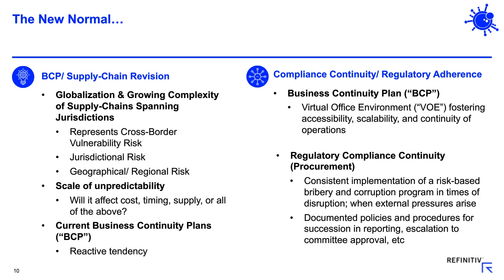But while we're doing this, when we're activating our BCPs, and we're looking to potentially pivot our supply chains and suppliers, we need to also be cognizant of regulatory compliance continuity. We need to make sure that in spite of these external pressures, which, as we all know, are very pressing, to maintain continuity of our enterprise, to pivot to either help the cause if we're an essential business, we have consistent implementation of a risk-based compliance program specific to bribery, corruption,